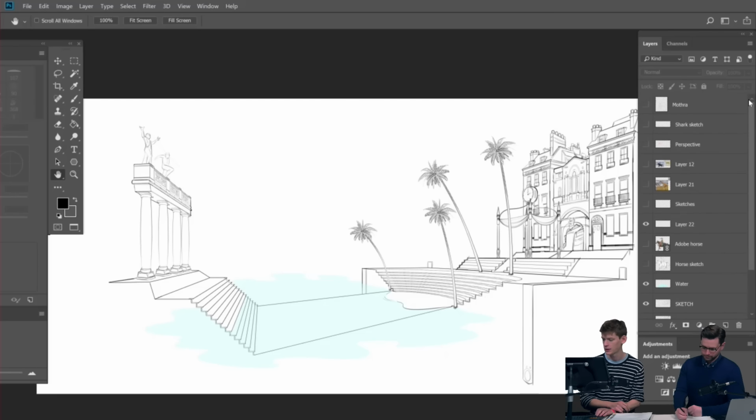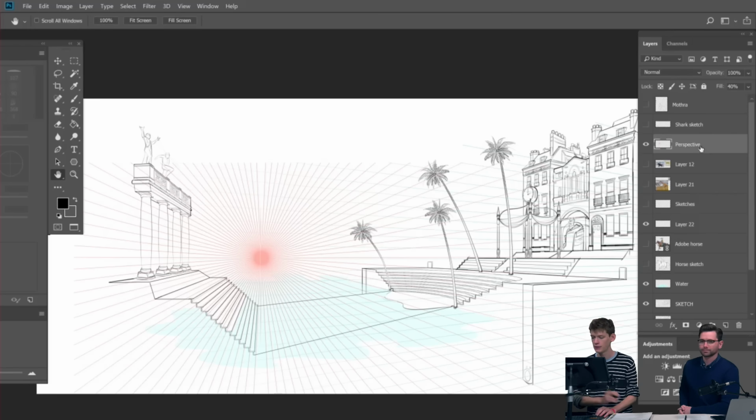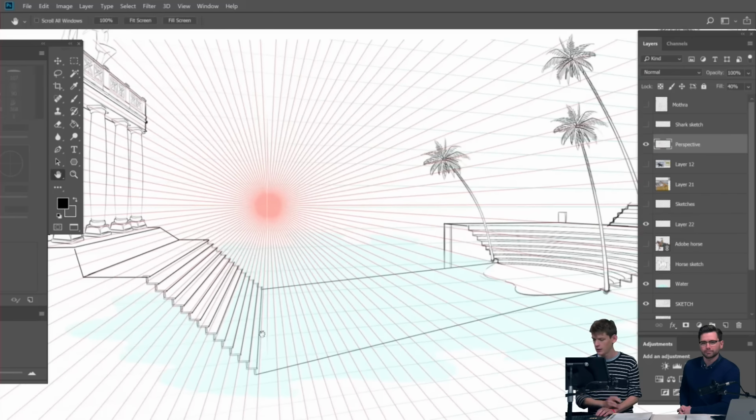One thing I thought I'd just give you a little tip on is how I approach something like this. Obviously, when you're working on a big composition with a realist element, you've got a lot of perspective, a lot of scale going on. So I'll just share one little trick that I use to help with that. I won't go into too much of how perspective itself works, but a lot of people watching will have an idea. It's all about vanishing points in the distance, lines of perspective coming out from that point, giving you a sense of depth in the image.